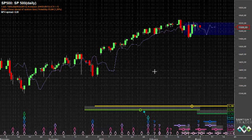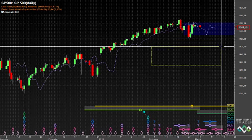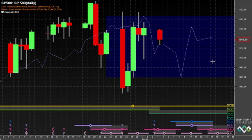Let's just zoom in here a little bit, and I'll point out to you that, of course, today in the after hours trading, or the before hours trading you might call it, because the markets haven't opened yet in the US, price has come back down to the level of the 20-day FLD. Now, I did not jump into a short trade at that point, because today is a Monday, and I have